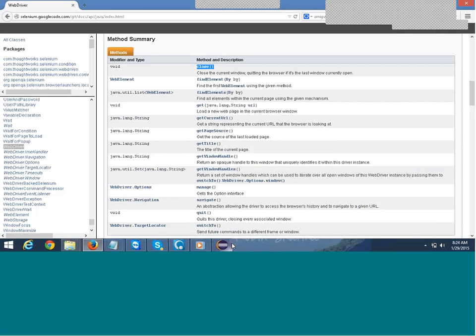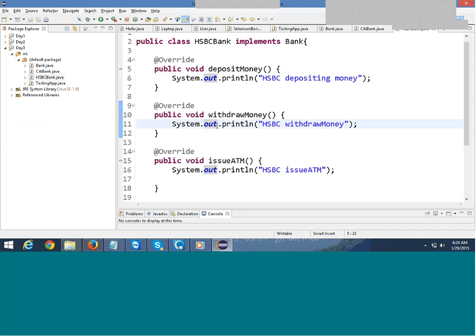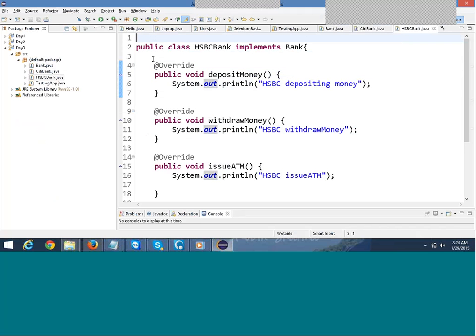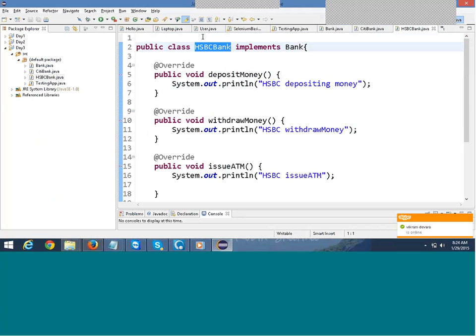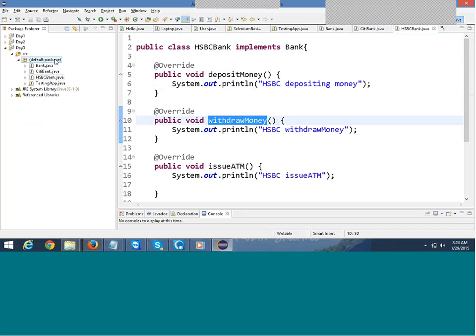Alright, fine. Now one more usage of interface. The first usage, we saw, is that the classes which implement an interface would all have the same function names. Right. Another advantage is, hold on,